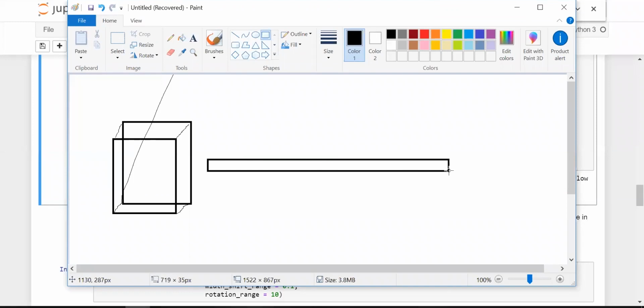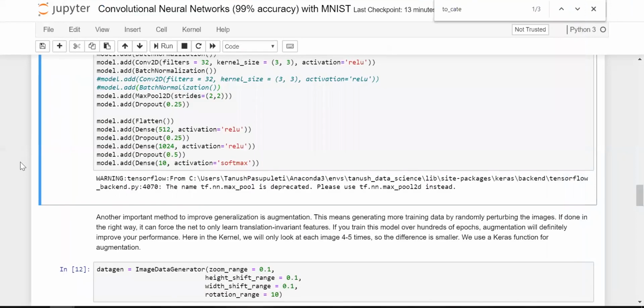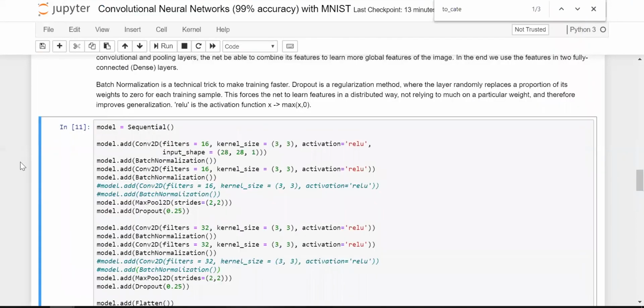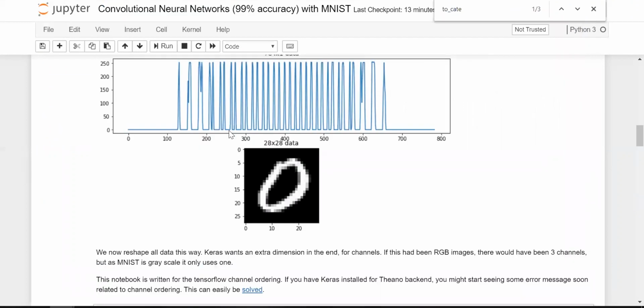So I'm deliberately extending its size because this is actually how the image looks like once flattened. Yeah, let's make it this much. This is the input image, this three-dimensional matrix. Flatten, it gets transformed into a single line image. I mean single dimensional image, as you can see here. So this is what flatten does. So basically we have an image, let's say this one. On applying flatten, this is how it will eventually look like.